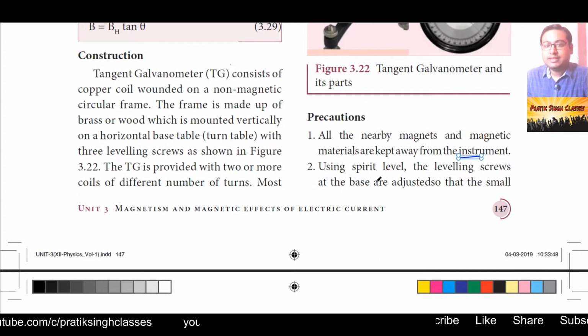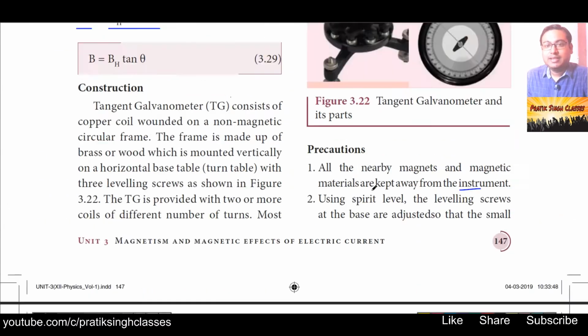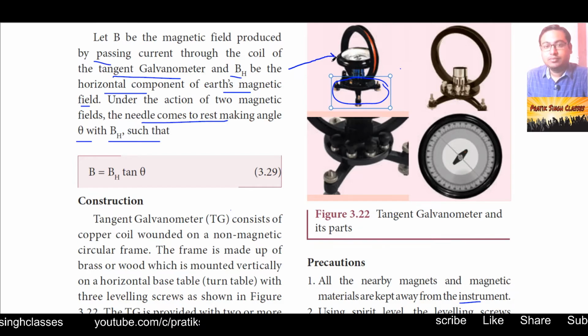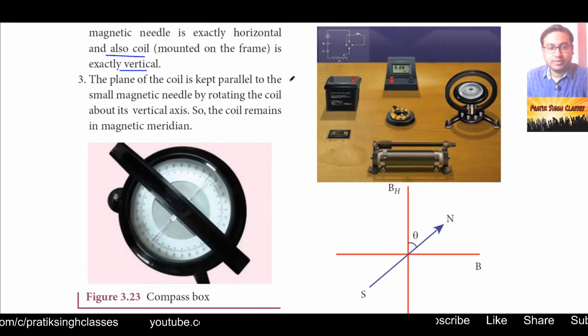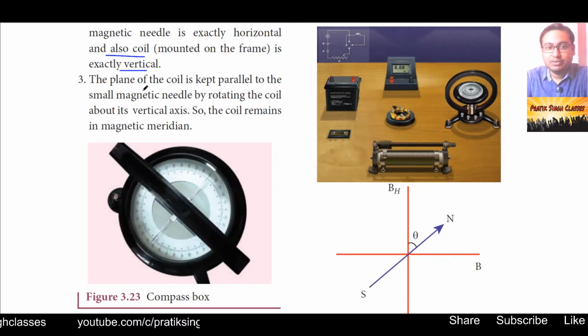Using a spirit level, the leveling screws at the base are adjusted so that the small magnetic needle is exactly horizontal, and also the coil that is mounted on the frame is exactly vertical. That means with the help of the spirit level, we have to take care of the heights of this coil in such a way that it will be exactly in the direction of Earth's horizontal magnetic component. The plane of the coil is kept parallel to the small magnetic needle by rotating the coil about